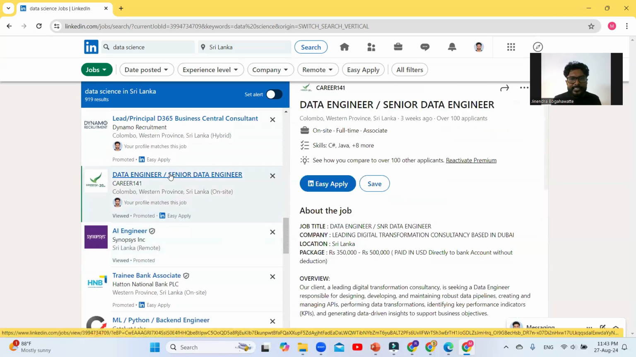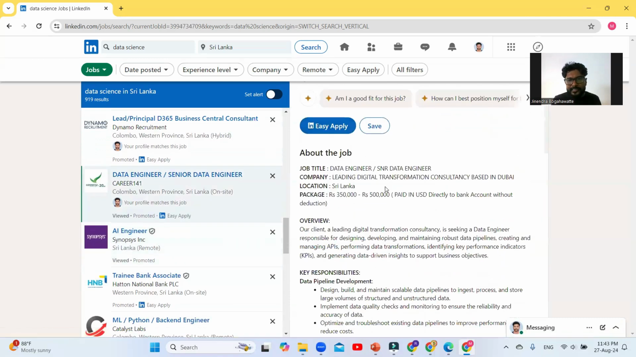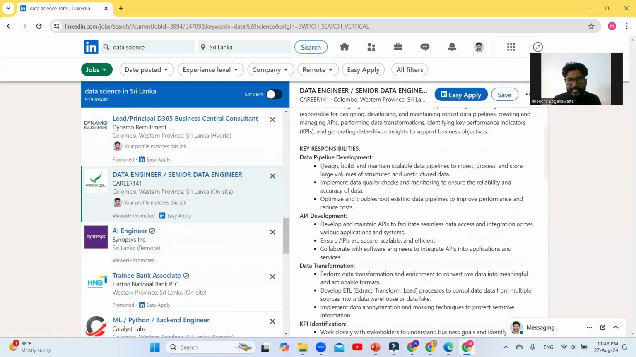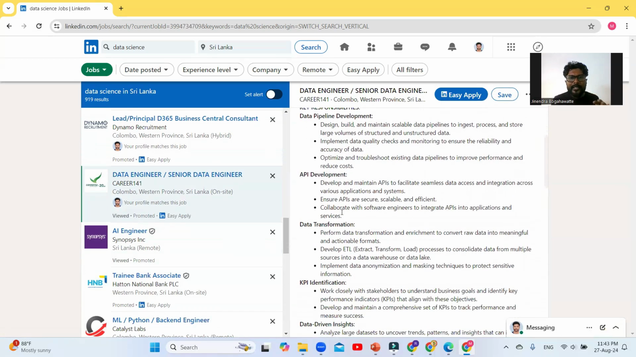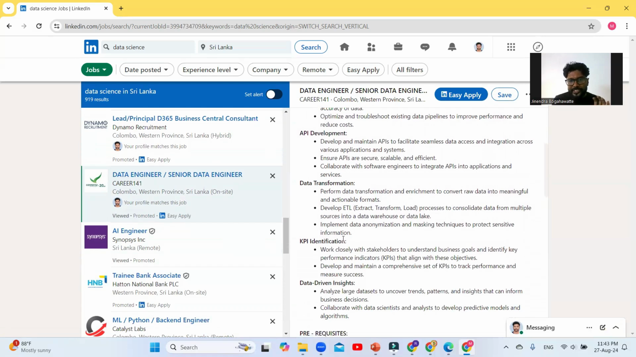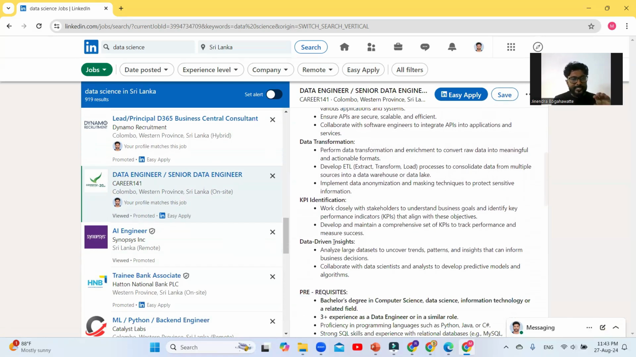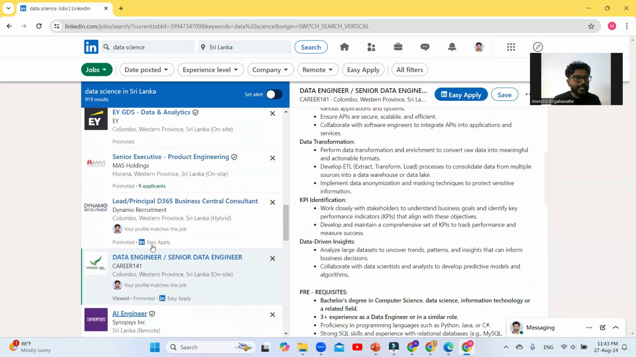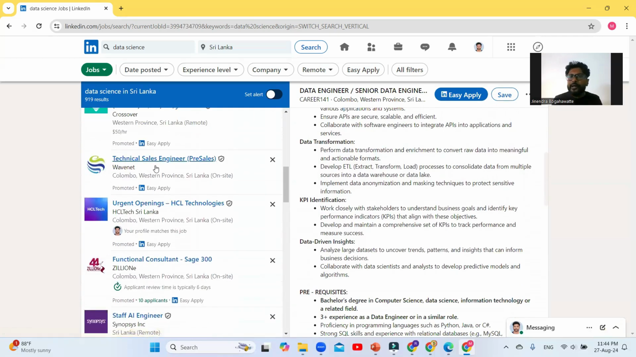Now here, that is a data engineer position. The data engineer position, they are asking the ability of data pipeline development: design, build, and maintain scalable data pipelines, then API development, data transformation, KPI identification, data-driven insights. That is also a data engineering position. But since this is what we call a basic version, and normally all those